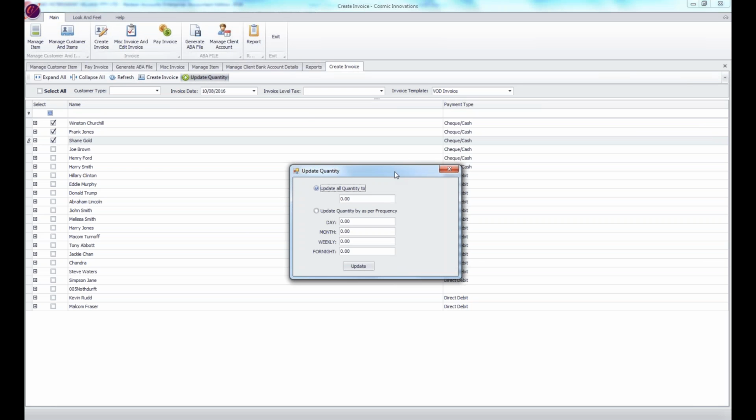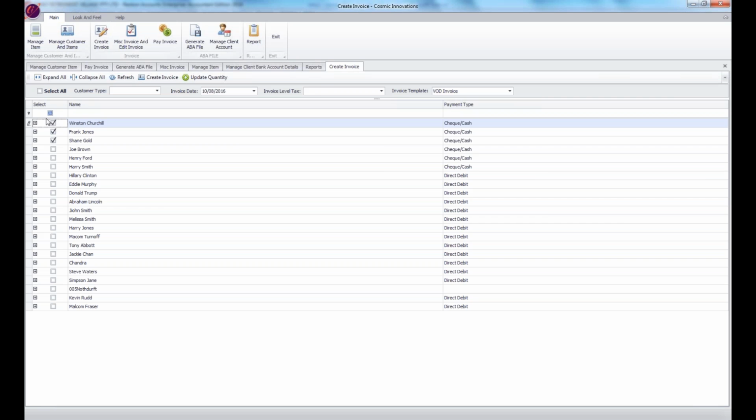Now we have update all quantity to update quantity as per frequency. So if we have them on a monthly basis, we can change them from 30 to 31. So let's click on this and put there 31 days, see what happens. Update,